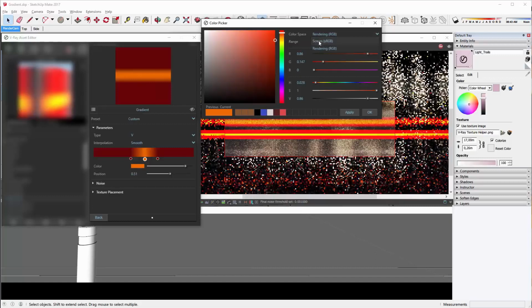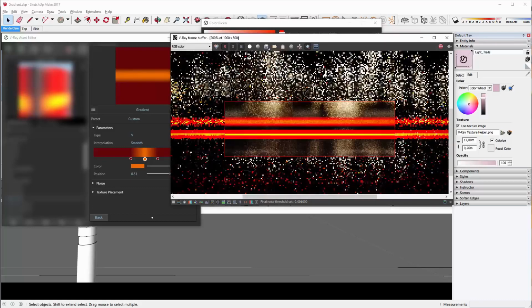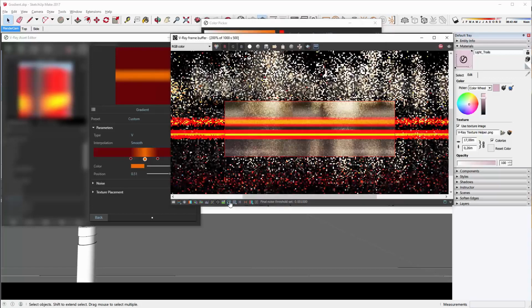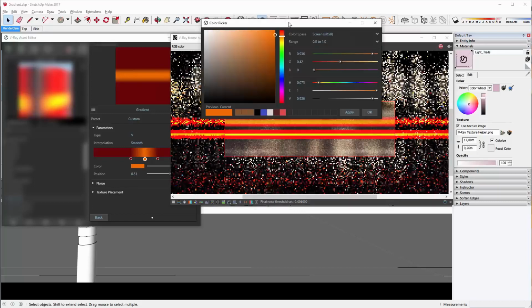And we also have rendering space, which is going to view the color linear. And sRGB is basically viewing the color in the same way it's in the frame buffer. And with rendering, we'll have to disable the sRGB in the frame buffer to be able to see the same color. So that's the color that we see right now. But we're going to use the sRGB mode for this one.